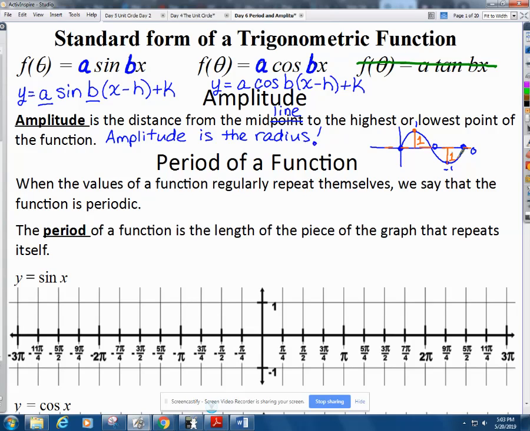Okay. Period of a function. When the values of a function regularly repeat themselves, we say that the function is periodic. Let me just tell you a little bit about periodic functions. Functions that repeat themselves regularly. Periodic functions. This would include